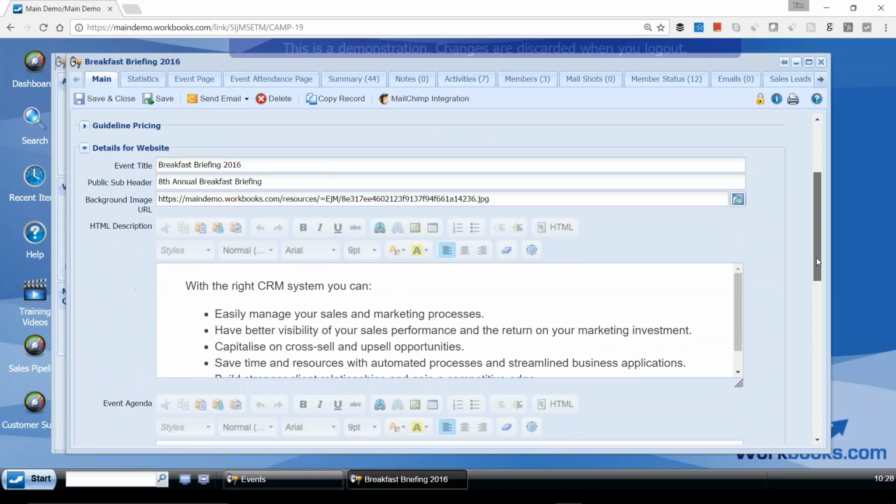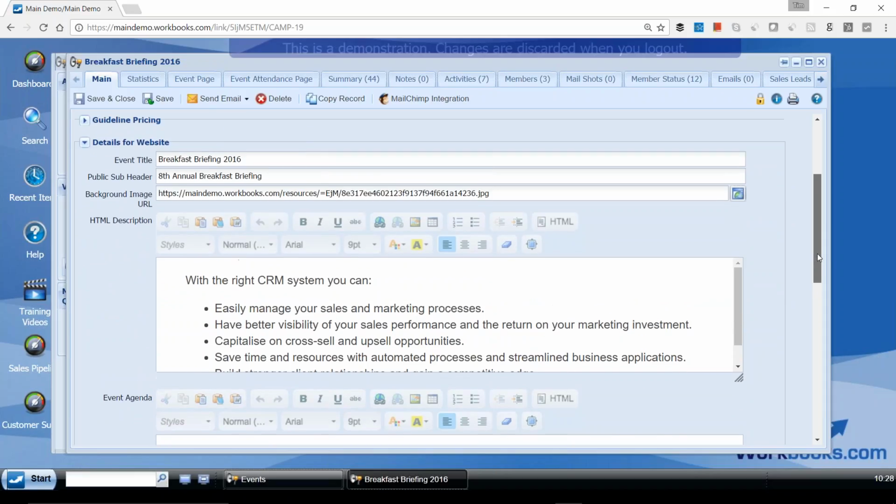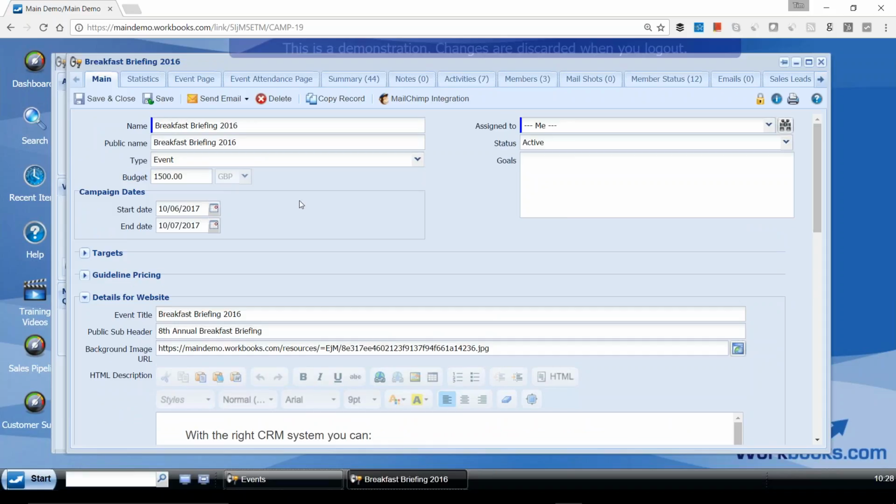And a little bit lower down, I've got some panels of information here, bits of text here, which will be automatically put up to my website that's promoting this event. So with Workbooks, you can also create your event landing page.